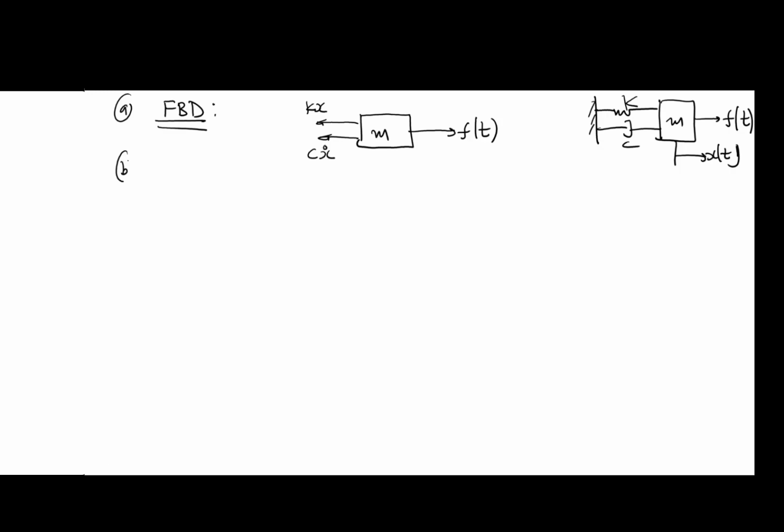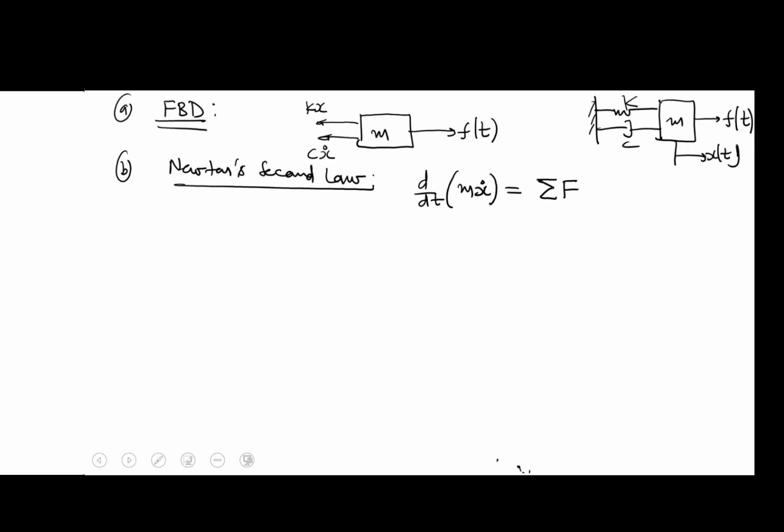Secondly, we need to apply Newton's second law, the rate of change of linear momentum. In this case we have m, and the velocity of this body is x dot, equal to the summation of all the forces acting on the system. These are external forces. Now we have to make this assumption; otherwise the derivative would be m dot x dot plus m x double dot. But we are assuming this because in such situations we cannot ignore the rate of change of mass also. So this is under the assumption that in 95% of the cases the mass of the body under consideration will remain constant.